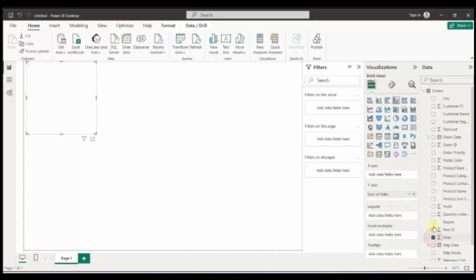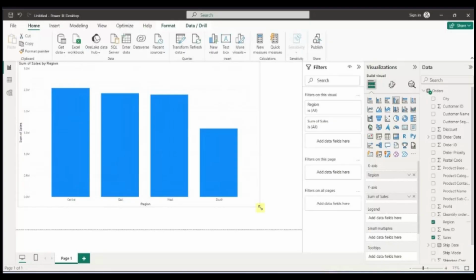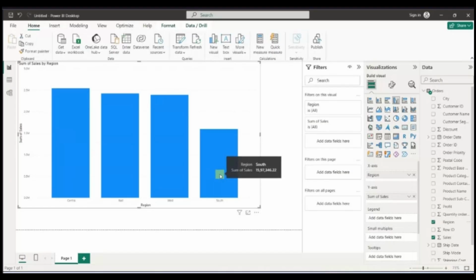Here I want to see region wide sales, and I don't even have to select the chart from here. It automatically has selected this chart. You see clustered column chart. You can change it if you want, but it has directly by default selected the chart. So I can just expand this, and here you can see sum of sales by region, and you can see central is doing better and south region is doing the